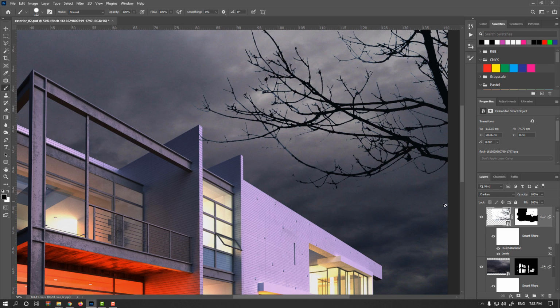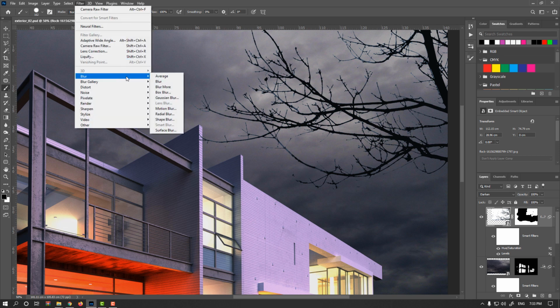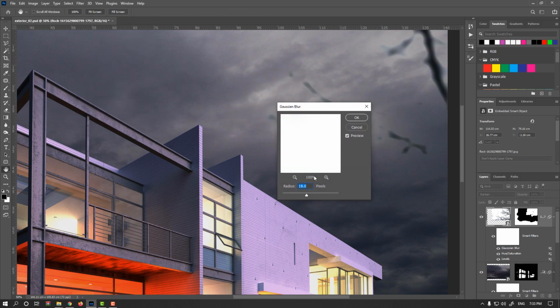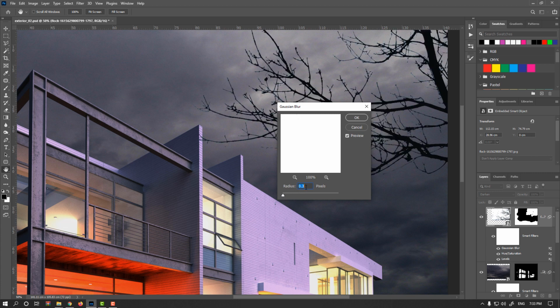And maybe add a bit of blurriness on my image. So go to Filter, Blur and Gaussian Blur. And add a bit, not too much. Okay,